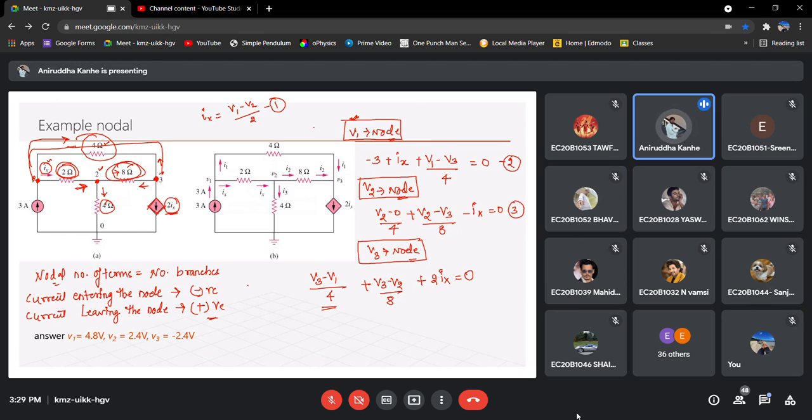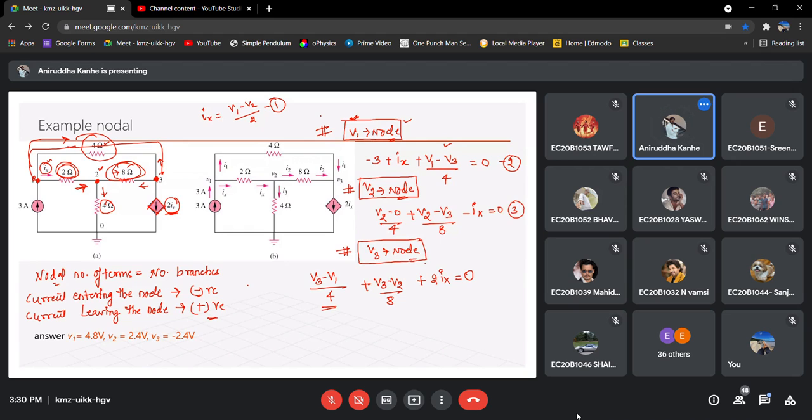Okay, three different sets are coming. Please understand. Here I am considering V1 as the highest potential because I am writing for the V1 node. Here I am considering V2 as the highest potential because I am writing for the V2 node. And now I am considering V3 as the highest potential because I am writing for the V3 node. So you may wonder, the same current sometimes I am writing as negative, sometimes as positive. Here (V3 minus V1) divided by 4 becomes negative. But please understand, I have to satisfy the KCL, and in order to satisfy that, we have to write in this way. Because the directions are not mentioned, I am considering them outward, and that's what we are writing here.